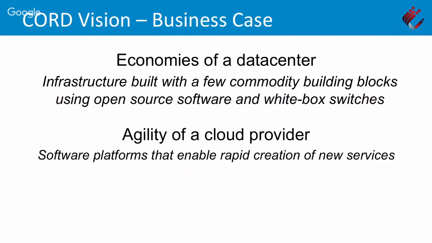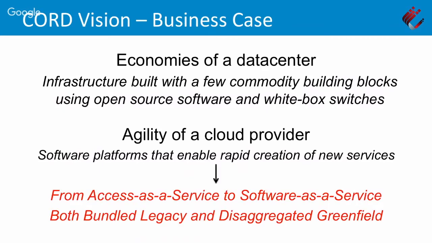All right, so in terms of the vision, this is a really nice summary. It's the economies of a data center and the agility of a cloud provider. But let me sharpen your focus on this in just a couple of ways. First of all, we tend to think of access and the central office not as a different thing. It is just one piece of the larger service spectrum. So we want to think about access as a service. So when you think about going to Google or Amazon or Microsoft's cloud portals, you see a set of services. Imagine if one of them was access, and that is in fact how you opted into the cloud.